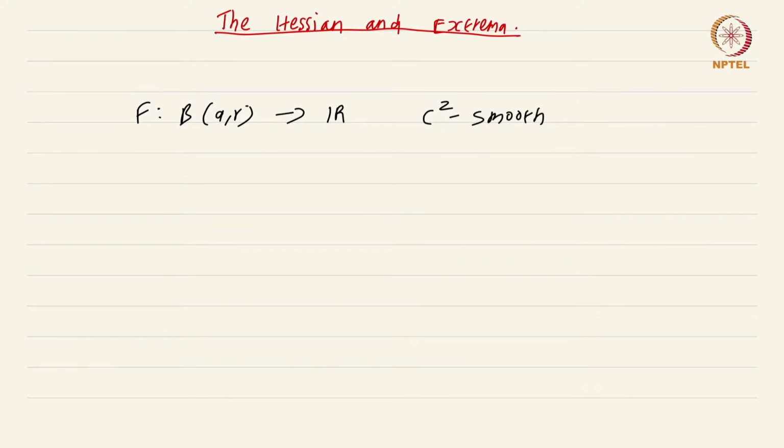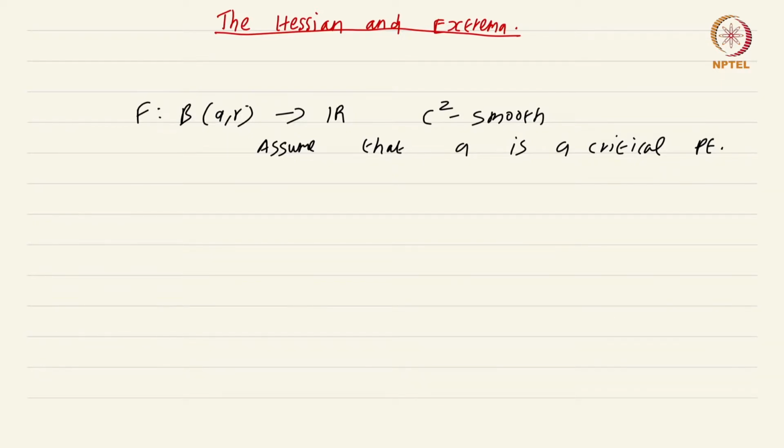That should be clear. Now I'm also going to assume that a is a critical point. We will invoke this assumption a bit later. For the time being, we are just going to use the C2 smoothness part of f. Now we are going to Taylor expand this function f about the point